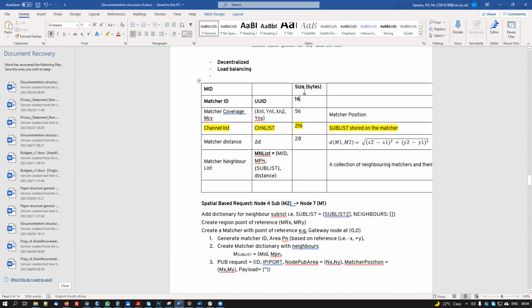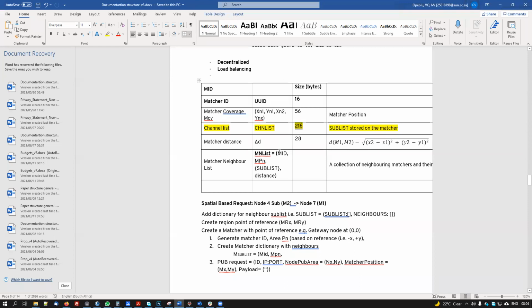I tried to add the bytes as to the size of each message. This one we can leave for now. But the idea was the subscription list is about that size for Python. I'm guessing it's the same for all programming languages.